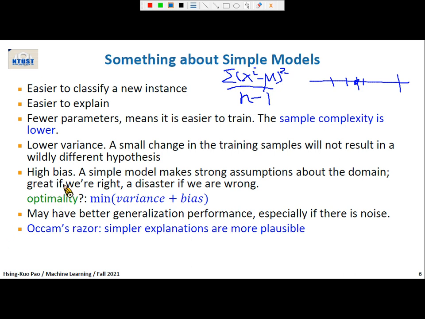Here, the bias has a different meaning. Don't get confused. Here, the bias is something we have to handle to make sure that we can predict things. What does that mean?